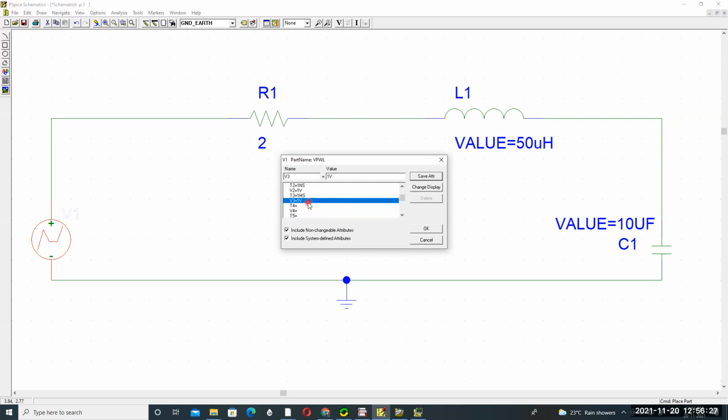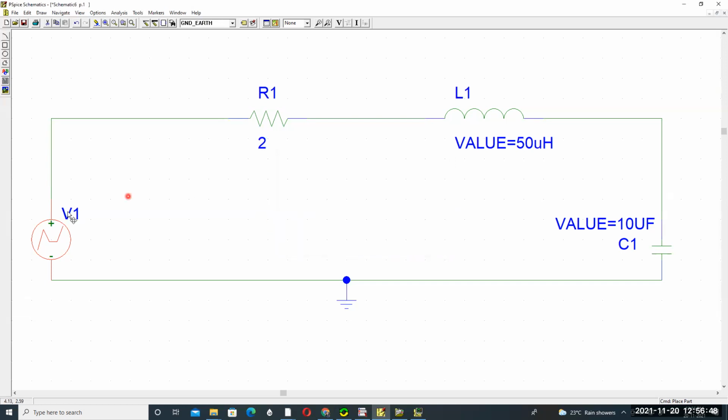If you want to extend the waveform, take T4 V4. Instead of 1 millisecond, take T4 equal to 2 milliseconds and V4 equal to 1 volt. Like this is also valid for a step input.